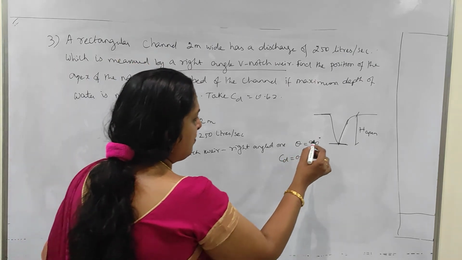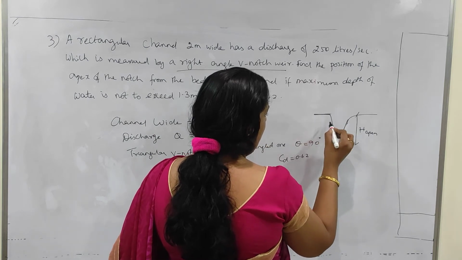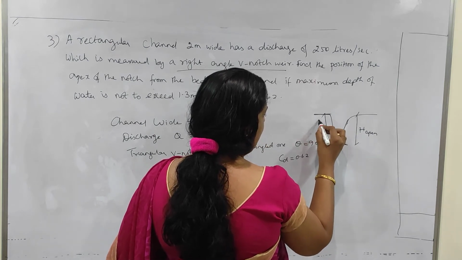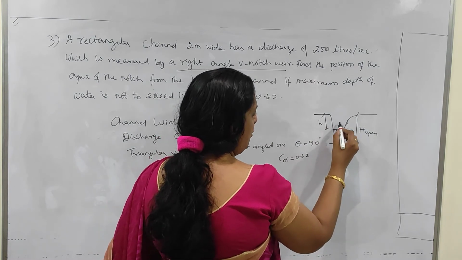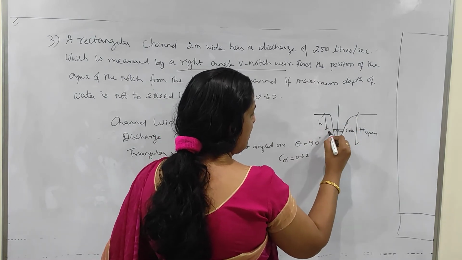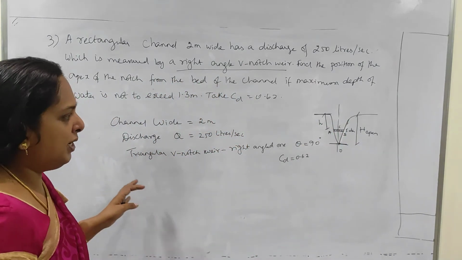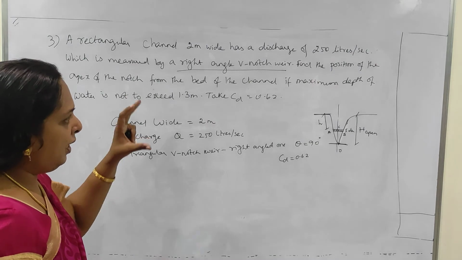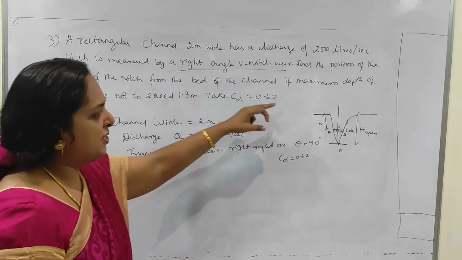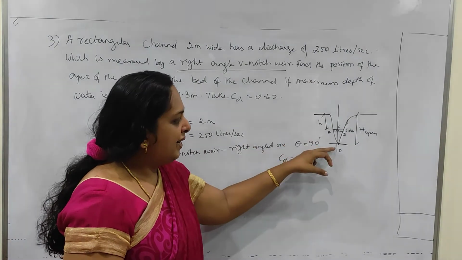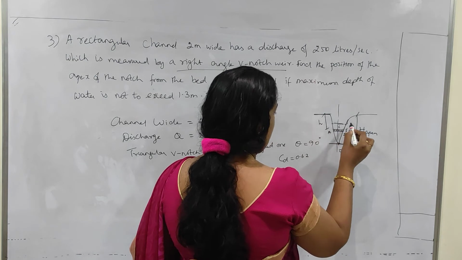Now we know this, we will be considering a strip here, and this will be your height h, the depth of the strip. This is what we usually do, and this is O, and this is A, B and C. Now what I have to find out here is the depth of the apex of the notch from the bed of the channel, from the bed till this apex. So this is my water flow.